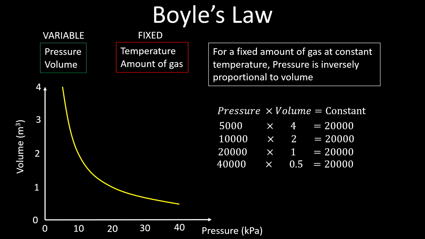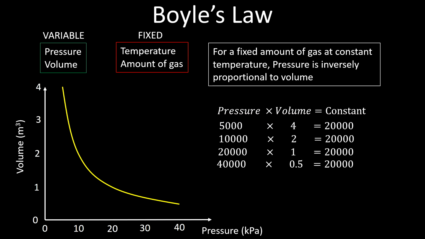And the same thing, they'd have to give you one row that was the pressure and volume both filled in so you could work out the constant. And then you would just have to make sure that the other rows multiplied together to give you the same constant. Other things you might be able to be asked to do, but less likely, is to sketch the pressure